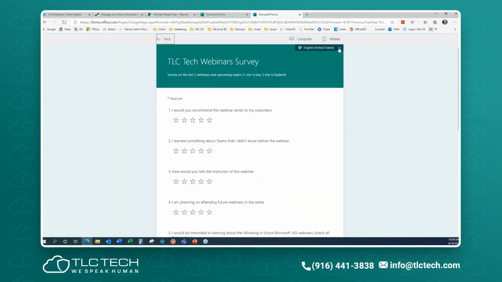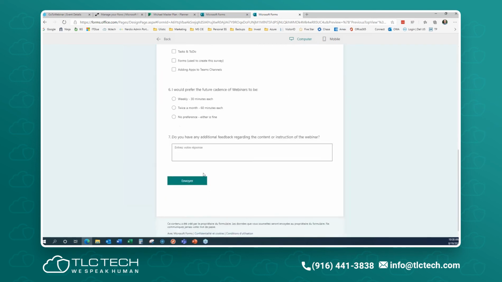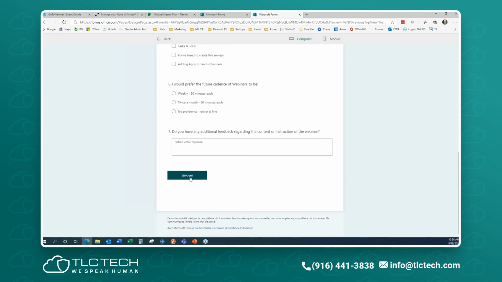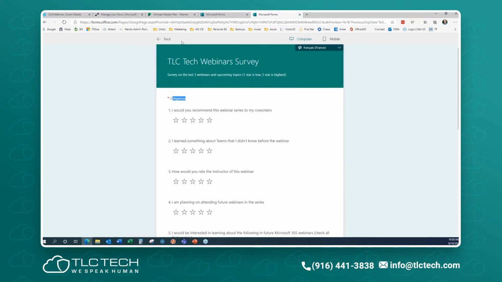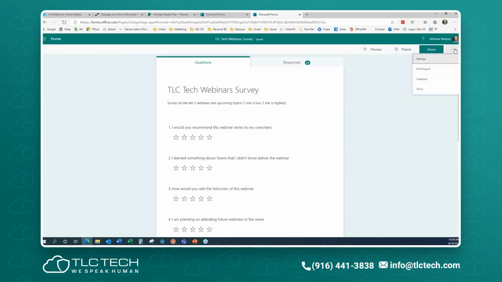You'll notice up here it says English, or now I can choose French, but it doesn't translate your questions, it only translates what Microsoft is saying. So send, enter your response here. This is proprietary information. So that's the only thing that changes. It would have been super cool if it translated on the fly. It's not there.